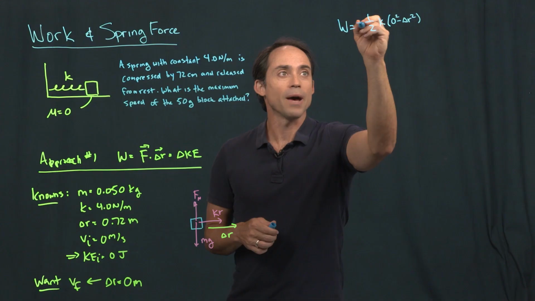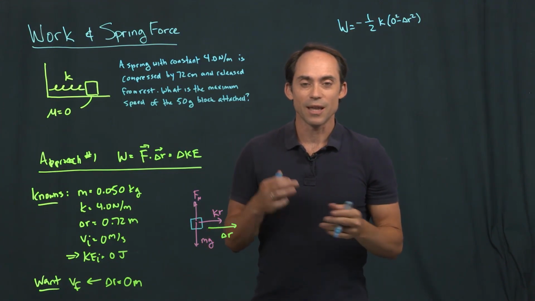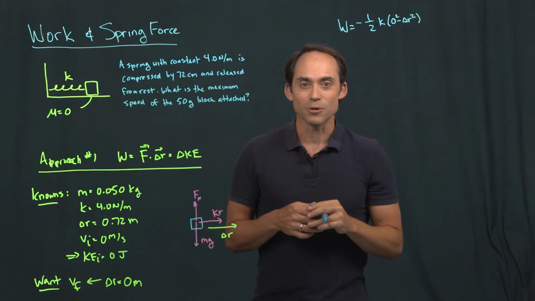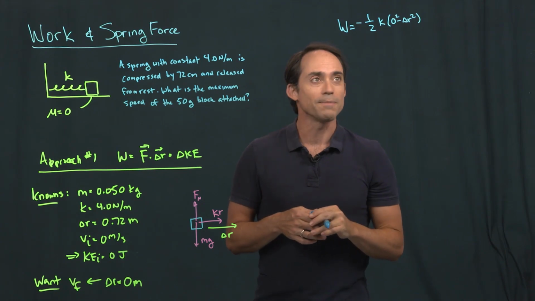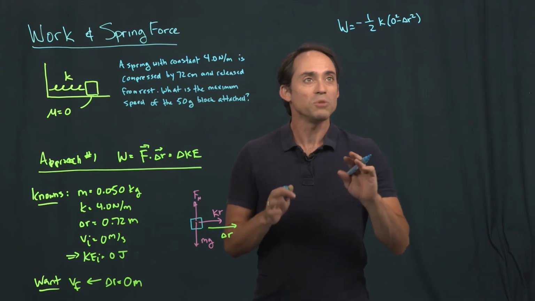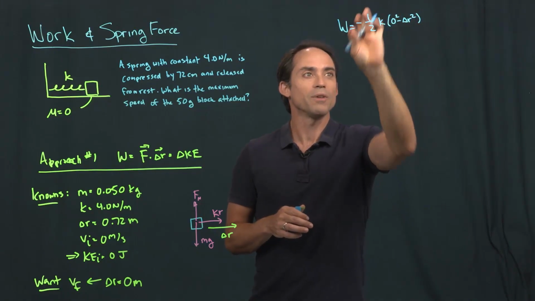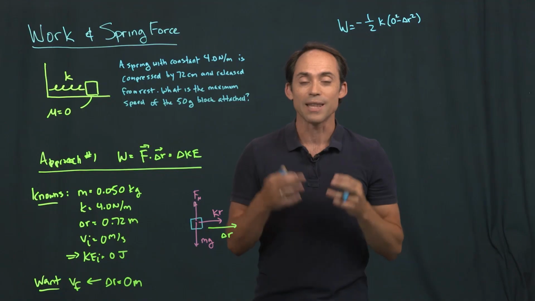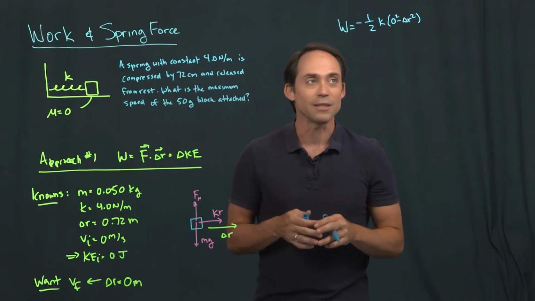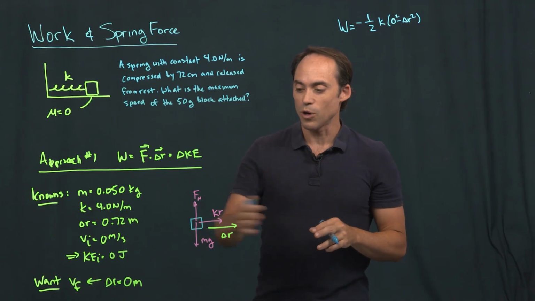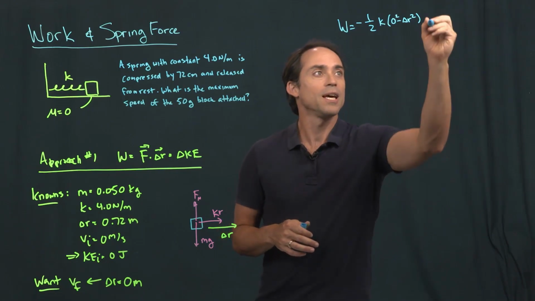And again, this is a minus because the force is acting in the opposite direction of the motion, right? And if you're unsure, you can always look at the point that when we do this, we have a negative number in here, we have a negative out in front, we're doing positive work, and we're accelerating the object, and that makes sense. Okay, so the work is pushing this way, that's all the work terms,